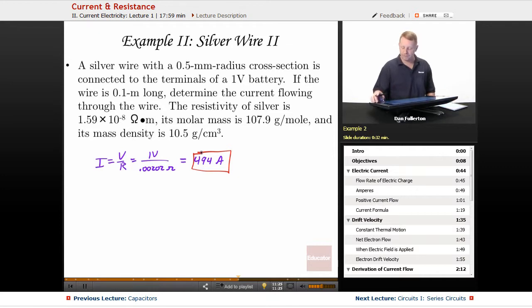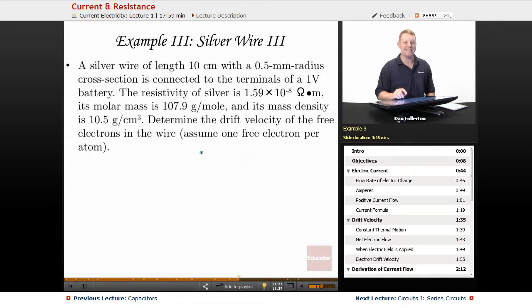Let's take this even further in a slightly more detailed calculation. Same wire, but now we're asked to find the drift velocity of the free electrons in the wire, assuming 1 free electron per atom. Well, in order to find the drift velocity, we first need to know the charge carrier density, and we'll determine this by dividing Avogadro's number by the volume of a mole of silver. Then we can find the drift velocity from our formula for current. So let's start there